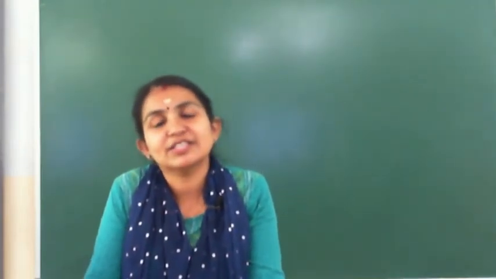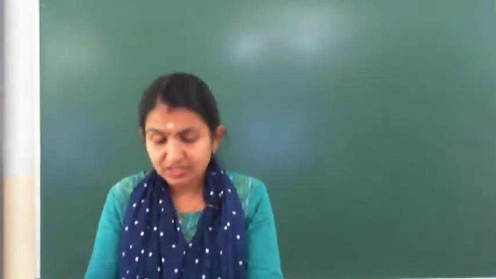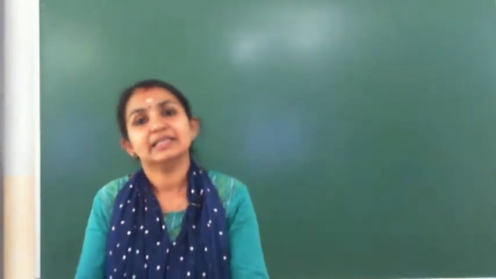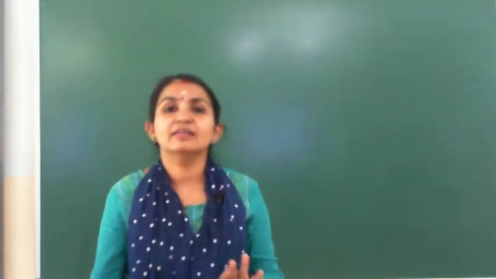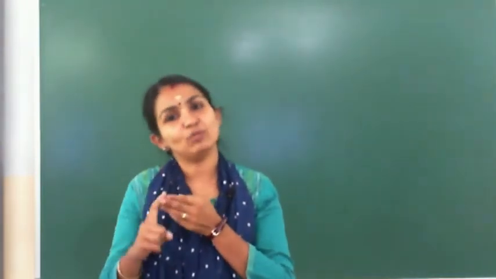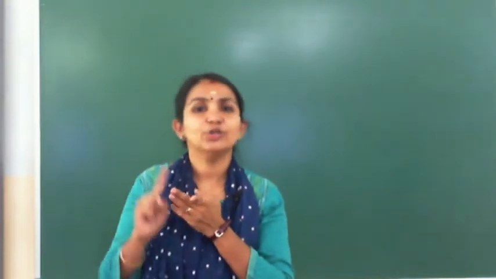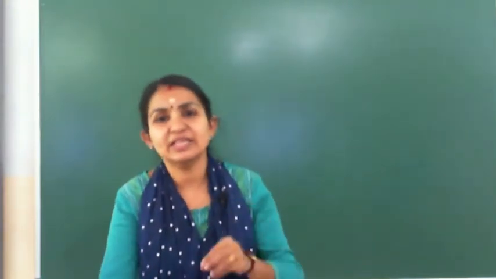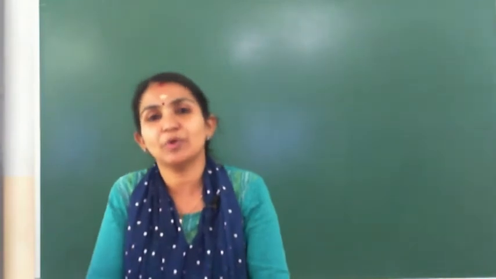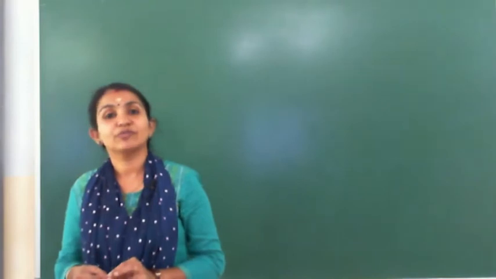Good morning. So we just completed construction of angles. Now the last section is construction of triangles. When we are constructing a triangle, we need three measures. Either it may be three sides, or two sides and one angle, or one side and two angles. So related to these three types, we are going to do the problems in exercise 26B, the first question.